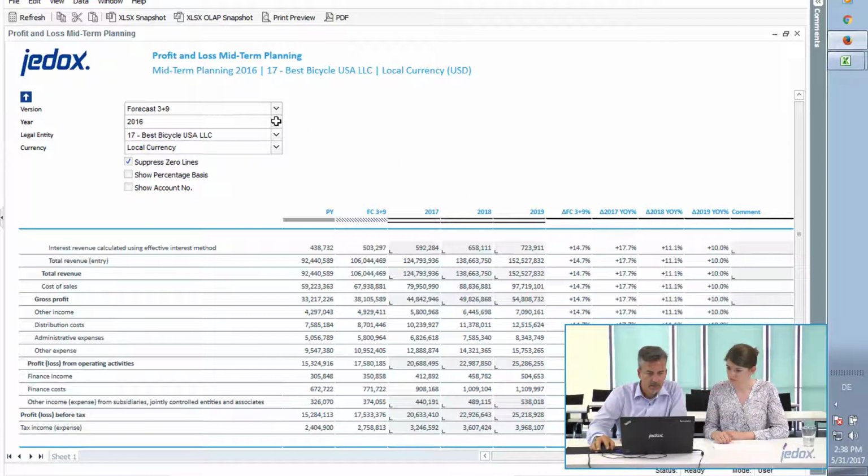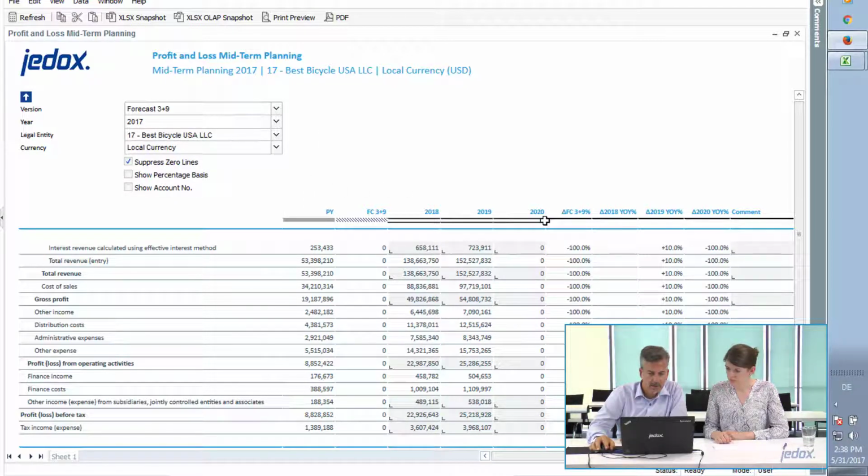And when I select 2017, I can see that our additional years are coming up now, so 2020, because this is a complete new year, our sample data is empty. And I walk you through now the major steps, because